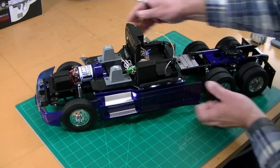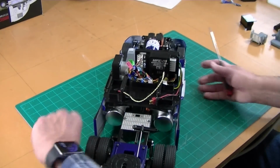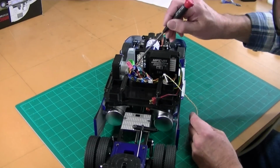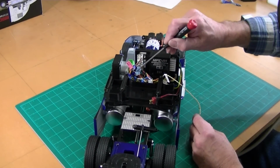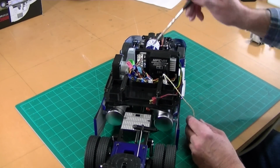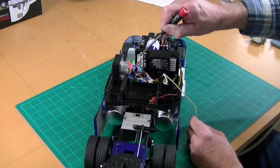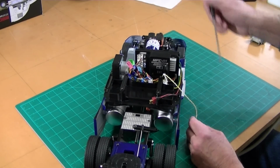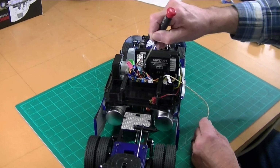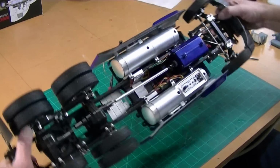You can see the MFC and the wiring there. I used blue tie wraps on all the wires that are going to stay plugged in when the body comes off, and then the wires that come down from the body I'll use red tie wraps so I know which ones to unplug when I need to remove the body. You can see I've tucked all the wiring in down here. Underneath,